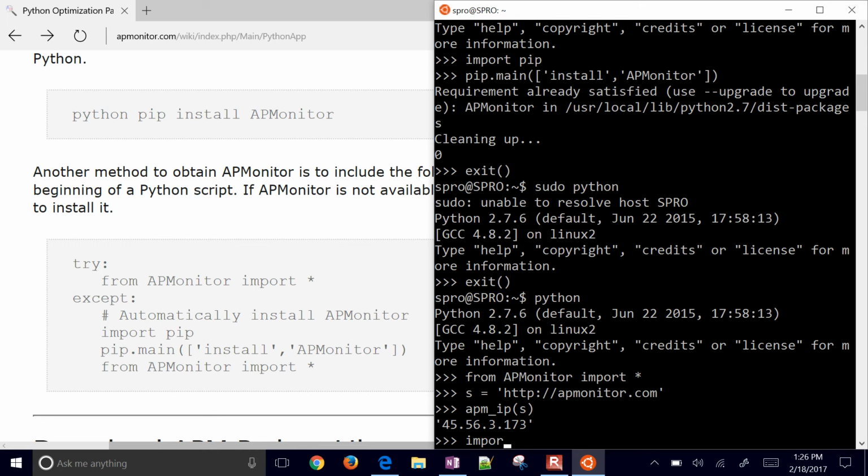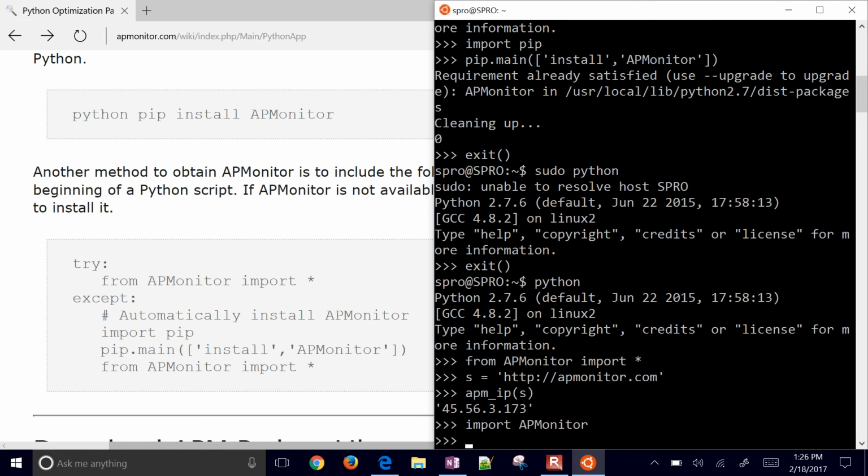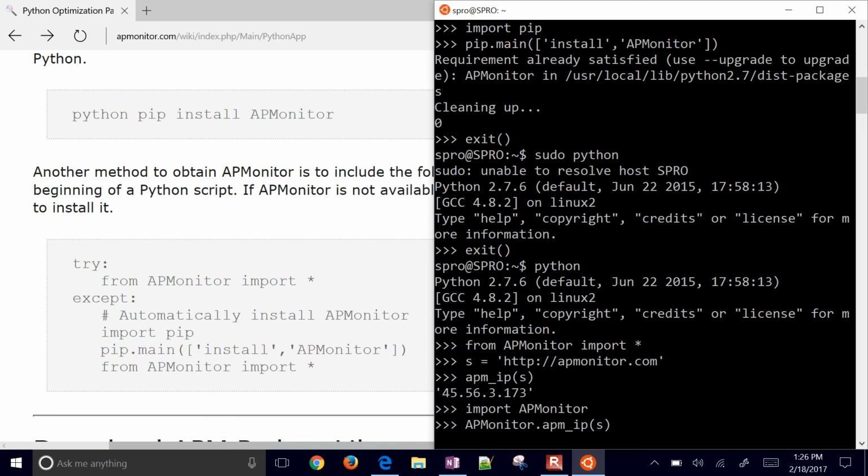You can also do import APMonitor like that, and then you just need to do APMonitor APM IP server, and that will also work, give you the IP address of your computer. Okay, so another thing that you can do